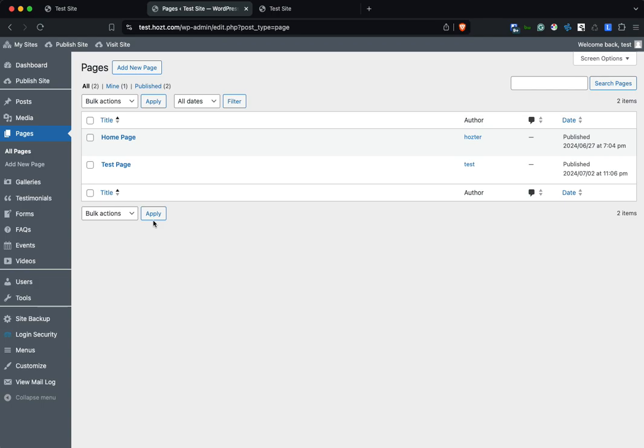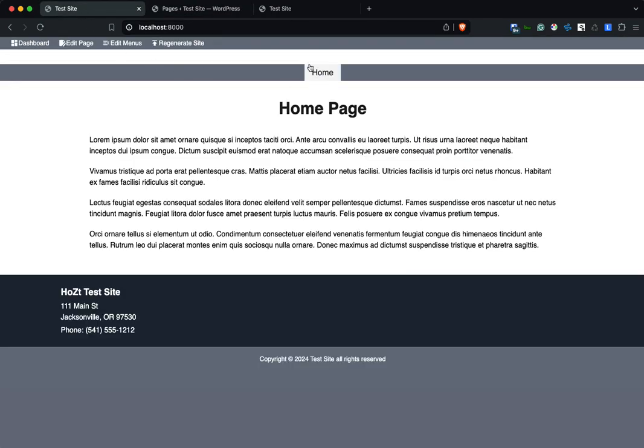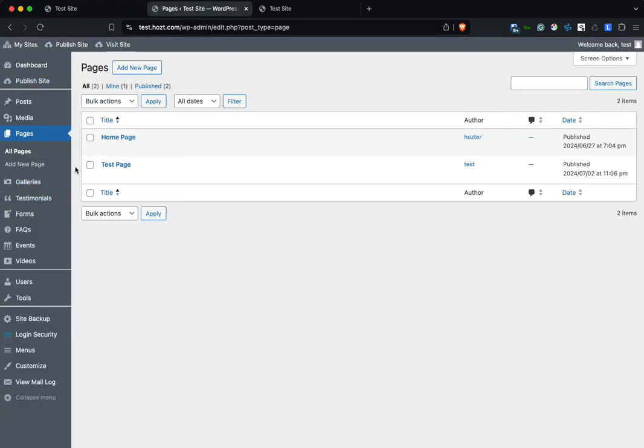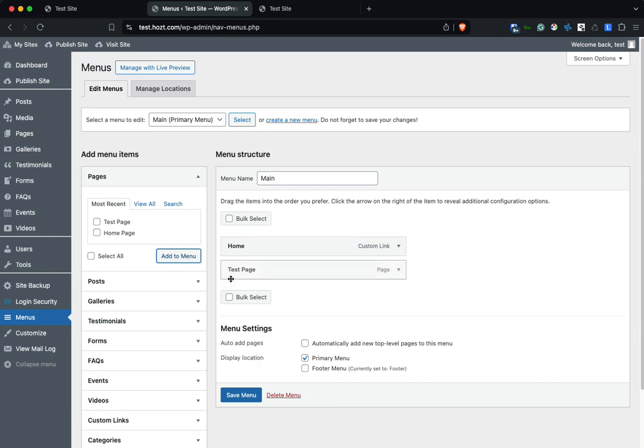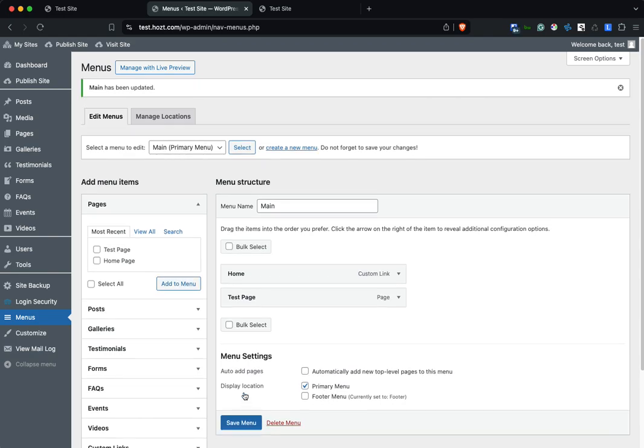So we'll want that page to show up on the main menu on the site. So if we look back at our site, here's the main menu. So we'll want this new page to show up. So let's go to the menus, and we've already selected the main or primary menu, and we can select this new test page and add it to the menu. You can see it pops up right here. I can reorder it, or I can also set it at a different level. We'll look at these in more details in another video. We'll save the menu,